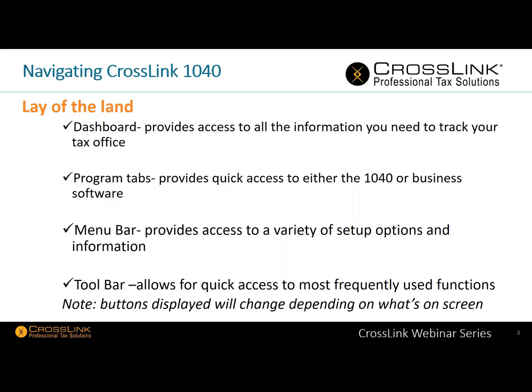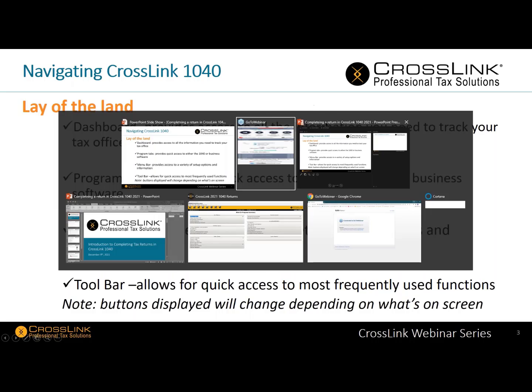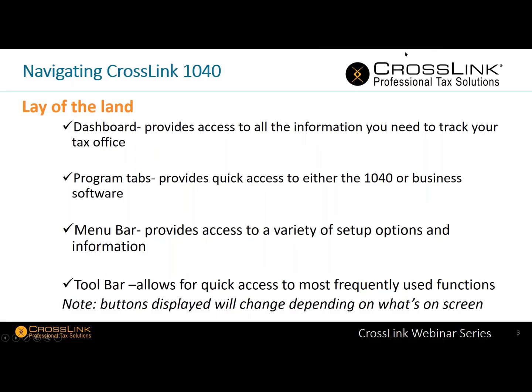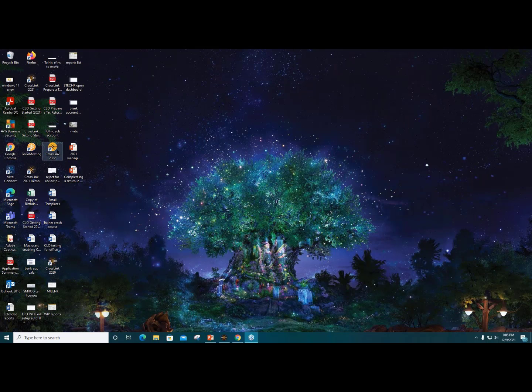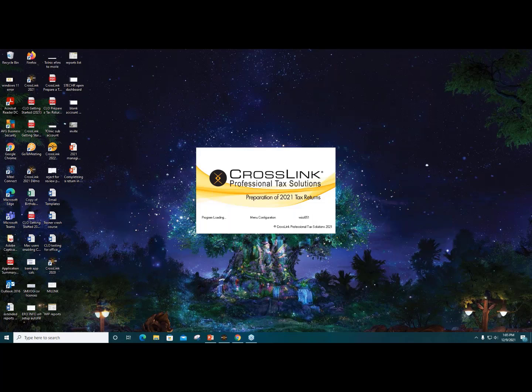So just pay attention as I go into the program right now, how we're going to be accessing all of this. So just give me one moment. And we're going to bring up the software here. So we do have CrossLink 2022 available, and I just wanted to start off with going ahead and opening the